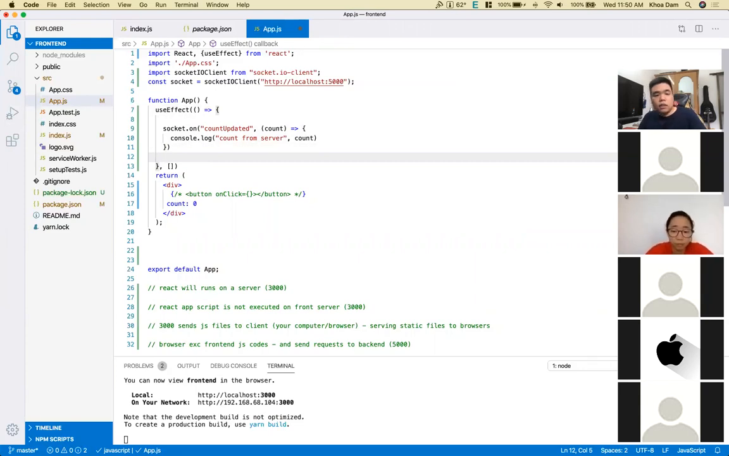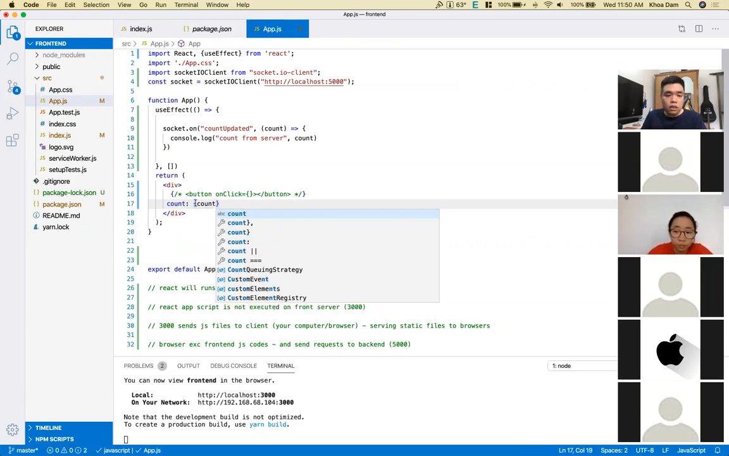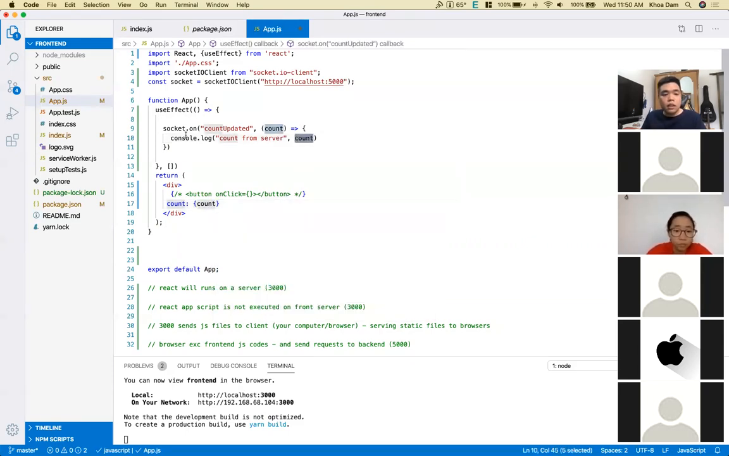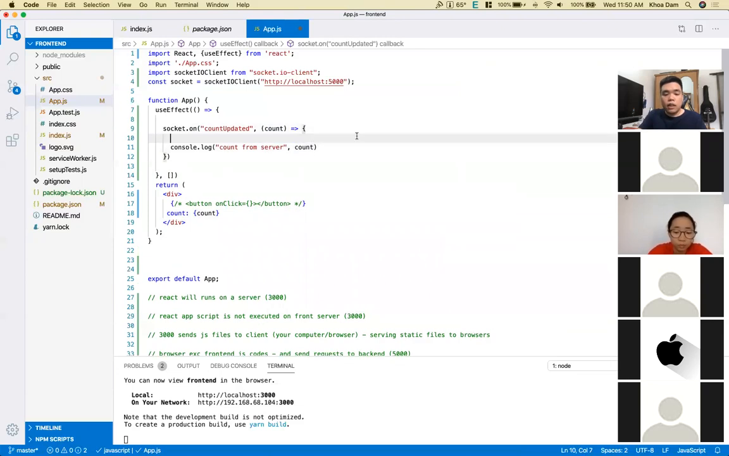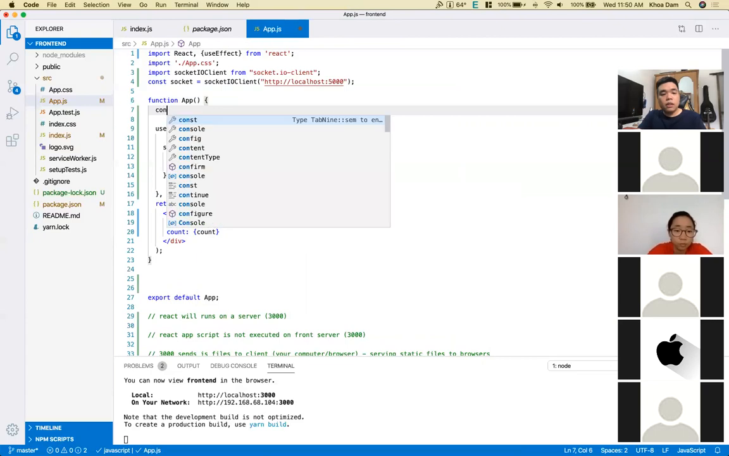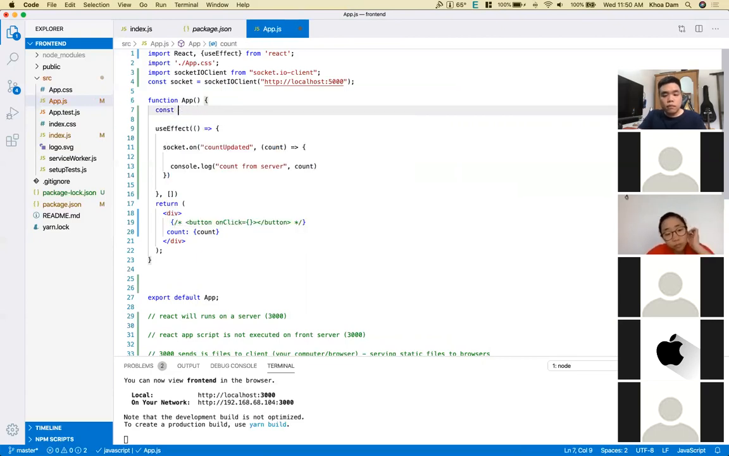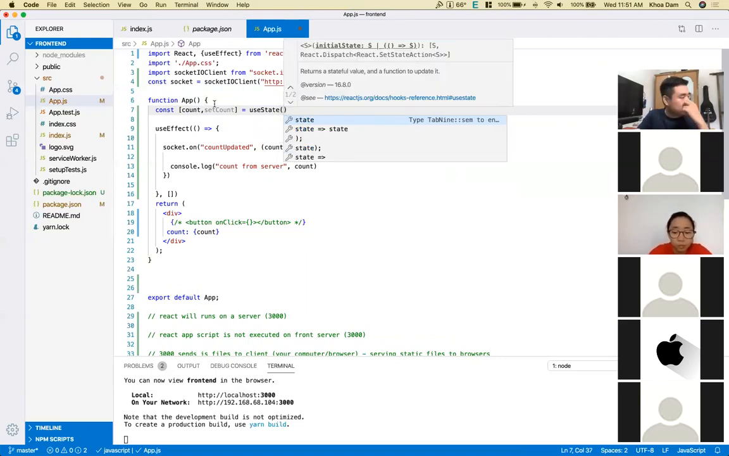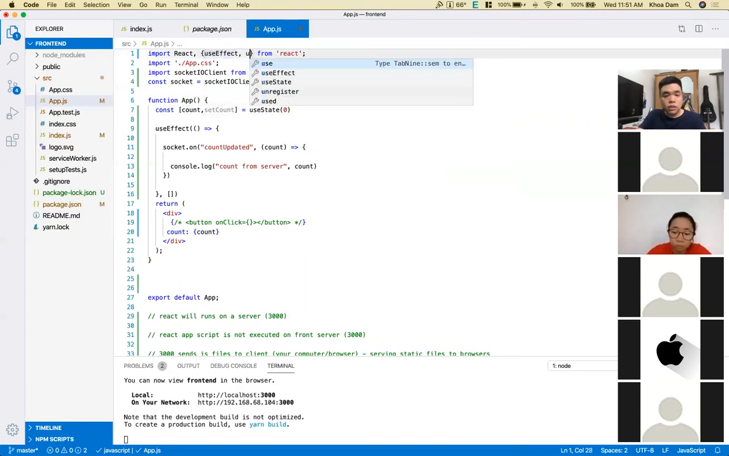All right. So now I'm gonna set state count. So count here, I'm gonna use a variable. I'm gonna set state here. You got a count, and then you set count. Const count. I forgot count, and then set count equal to use state. By default should be 0, for example,